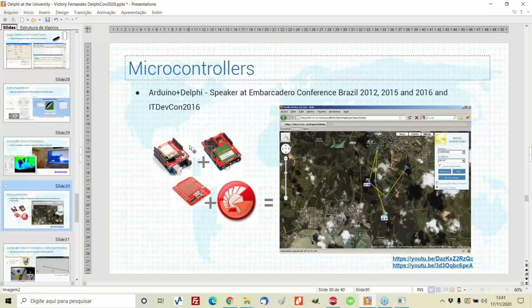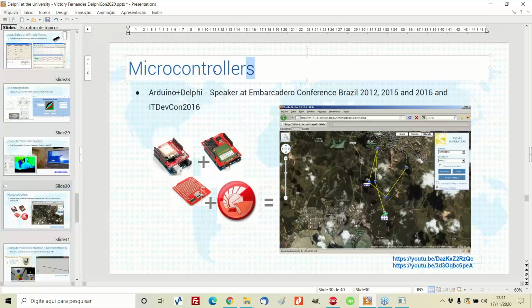Everything connected, sending data to a server, which was running a back-end application developed with Delphi and a front-end application developed with Delphi and IntraWeb. So these are some of the things we have been working on and demonstrating year after year during Embarcadero Conference events. And actually, if we go back to the university, we see that this is actually microcontrollers.